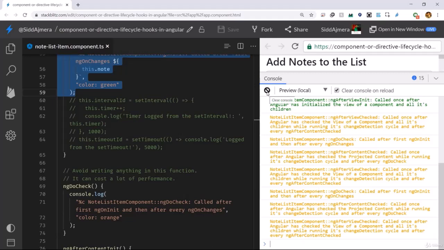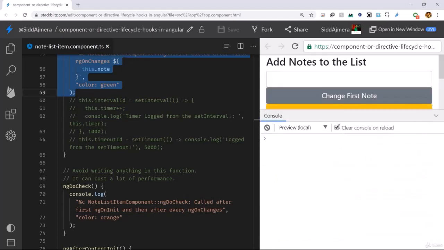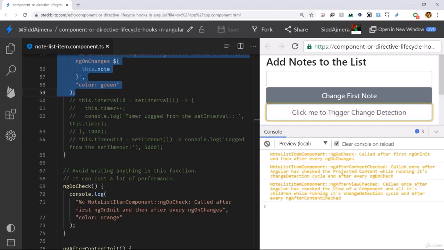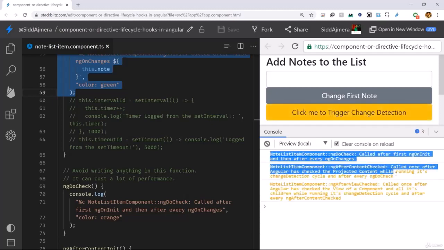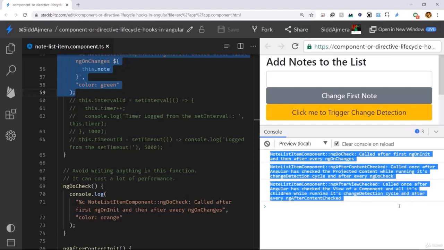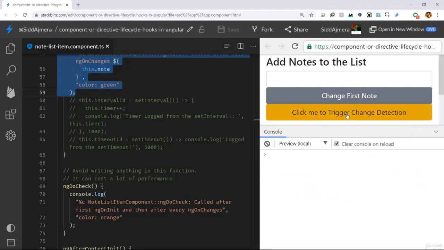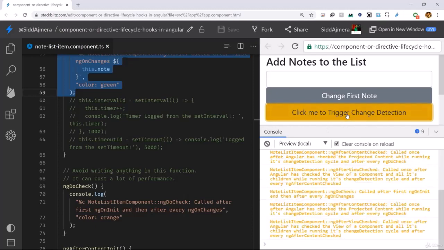So let me just clear everything right now, and let's click this button so that it triggers change detection. Now clicking a button is essentially emitting a DOM event, and whenever there is a DOM event, Angular will trigger change detection. So as soon as I click this, you will see the DoCheck, the AfterContentChecked, and the AfterViewChecked methods getting called,